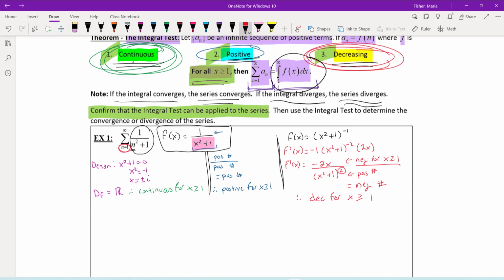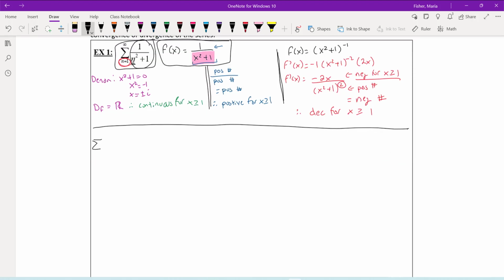and so if we have slope of the tangent lines that are negative, then our function is decreasing. Now that we've confirmed that the integral test can be applied, let's actually use the integral test to determine whether this series converges or diverges. Well, how do we do that? First, write the series